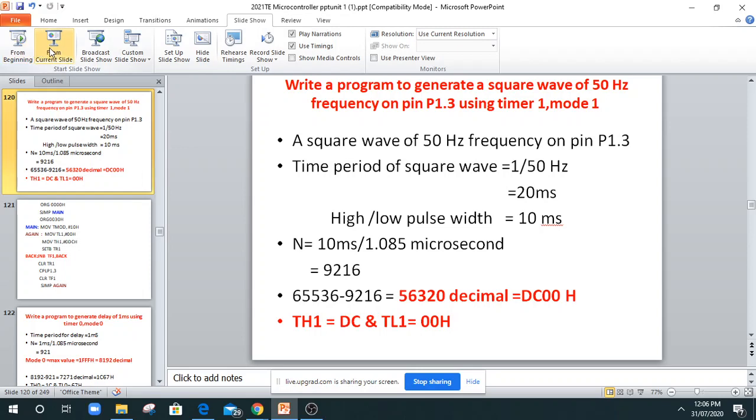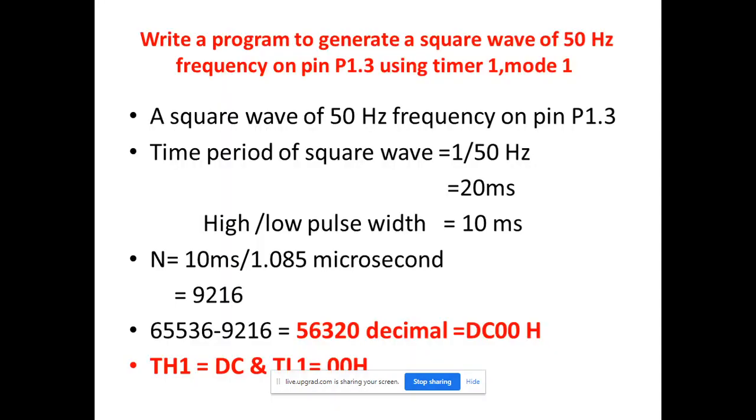Okay, last lecture we already covered the timer and counter section, including some problems related to timer and counter, which are already mentioned in assignment number 4. I will just give the explanation of those questions. Now, based on the previous knowledge of timer and counter, we are solving the numericals.